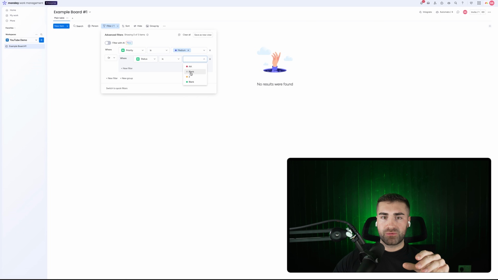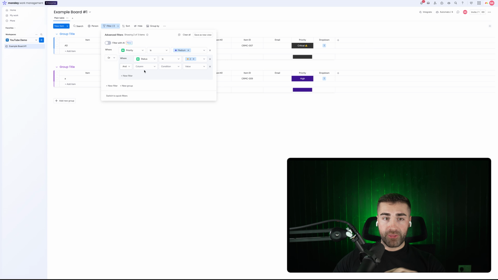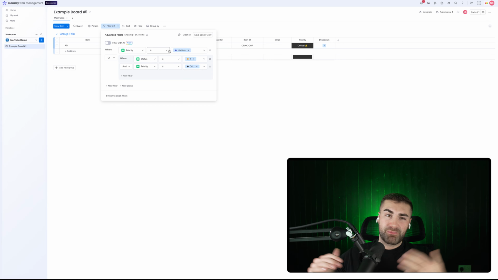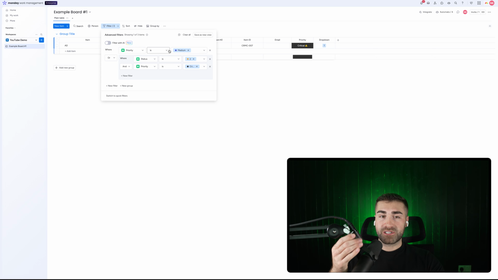Where status is equal to 2, and then within the group, we can then have the AND function. Okay, so then you go priority is equal to critical, and we have that as an AND. So now it's showing us that we have one record that matches. So that's kind of the basics and pretty much all you really need to know about filter functionality inside of